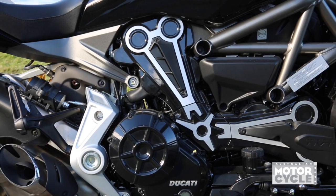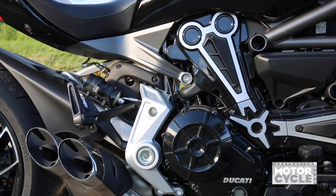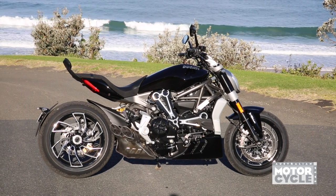2 versions of the XDiavel have been released. The standard model, which comes in matte black and costs $27,490 plus on-road cost, while the S model you see here has gloss black paint and will set you back